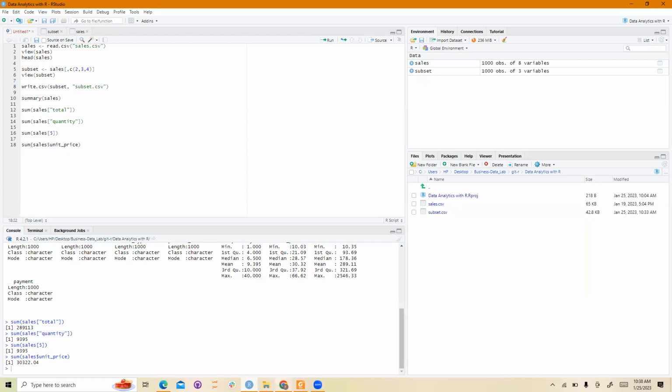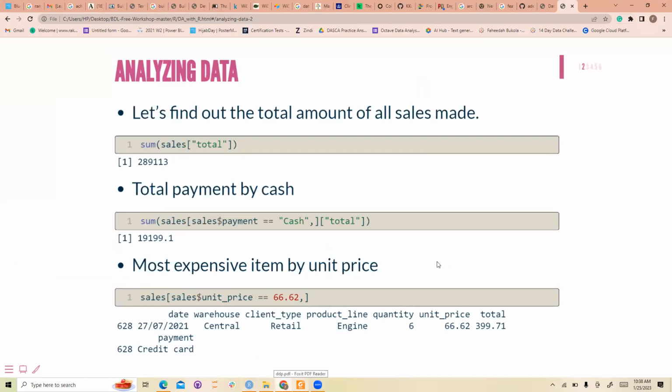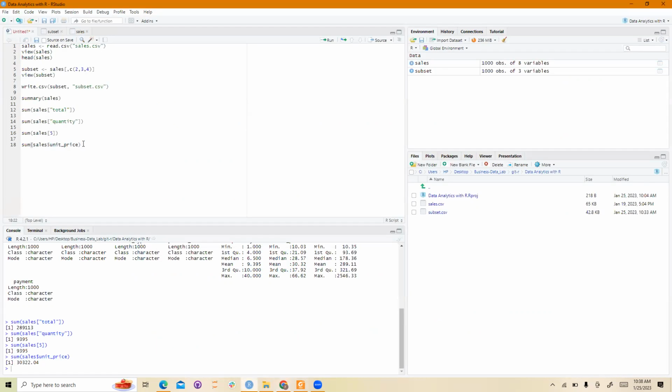So moving on now. Let's check for the total payments by cash. The total payments by cash. For the total payment by cash, remember,